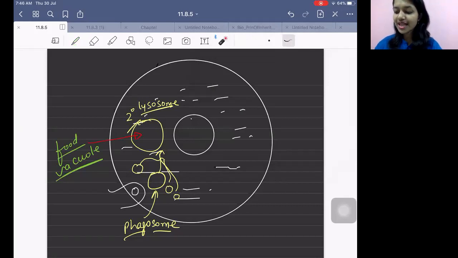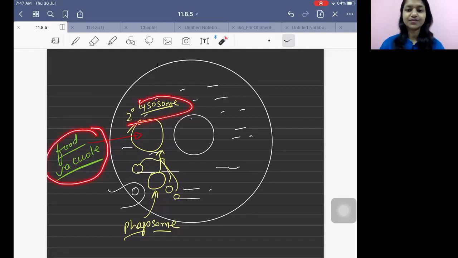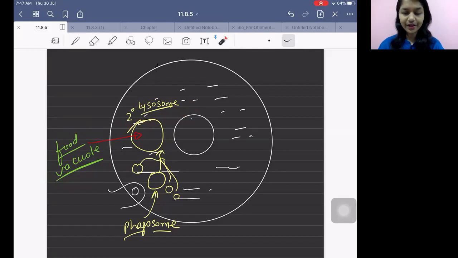Little food which is there inside the cell in the form of phagosome, they will become big, one vacuole, big. So they all will fuse. Membrane will fuse, the content will come together. Then primary lysosome will fuse, it becomes secondary lysosome. You also call it as digestive vacuoles, right? Or heterophagosome. And you can also call it as food vacuole. Got it? So this is one vacuole.